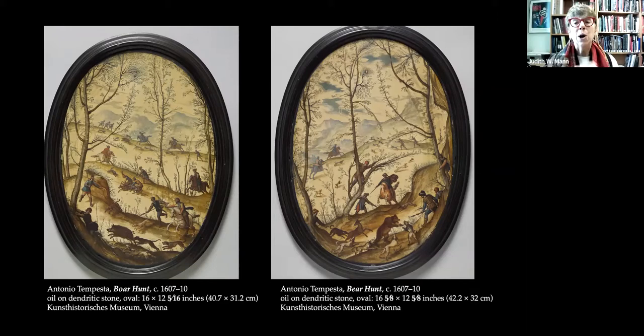Good. Yes. So Tempesta is not the most creative artist when it comes to painting on stone. That title goes to the French artist Jacques Stella, but nonetheless, he uses a variety of stones and really has probably the most balanced approach to taking his cues from the stone, but yet, as I've already pointed out, not